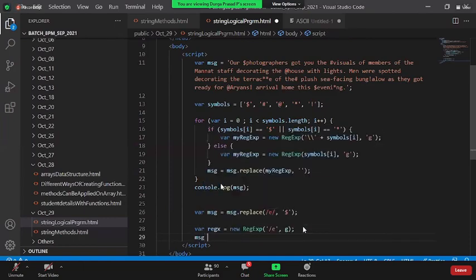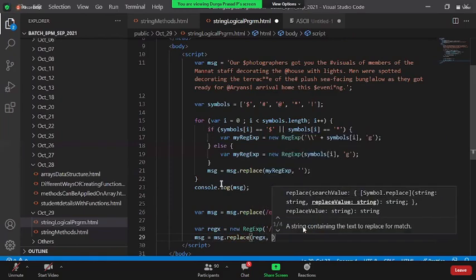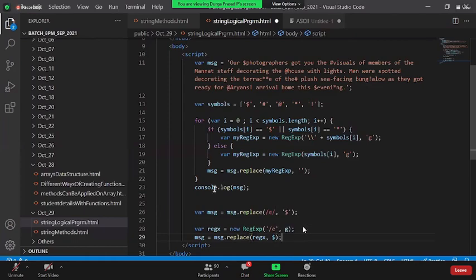Now you say msg = msg.replace(regx, dollar). Now you see the difference between line 26 and lines 28 and 29. Both are the same. The only thing is we are dynamically creating this regular expression.